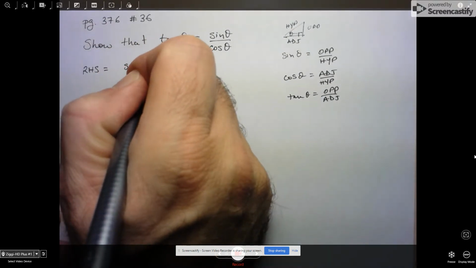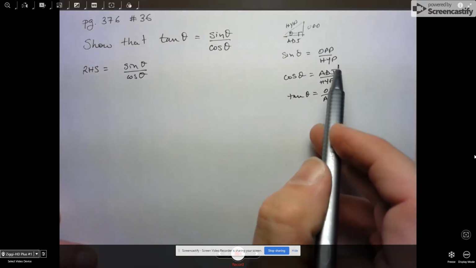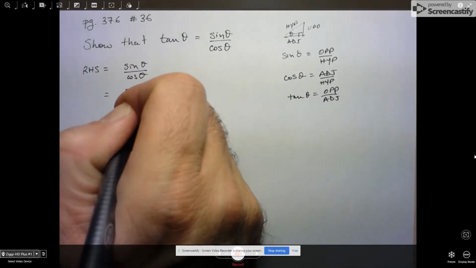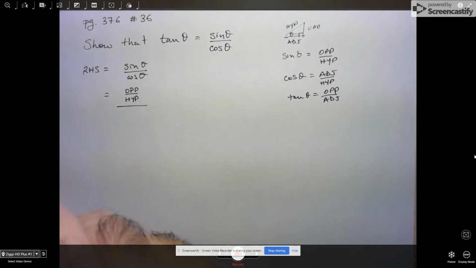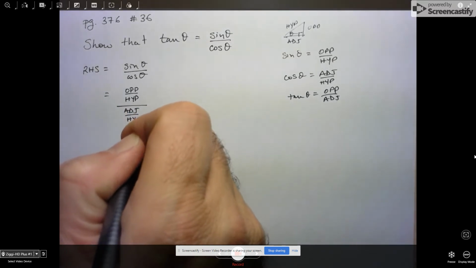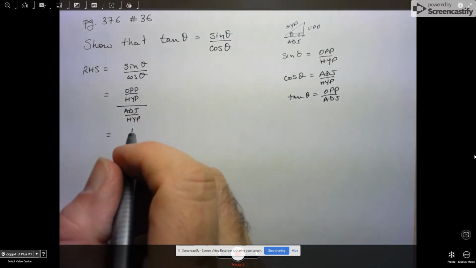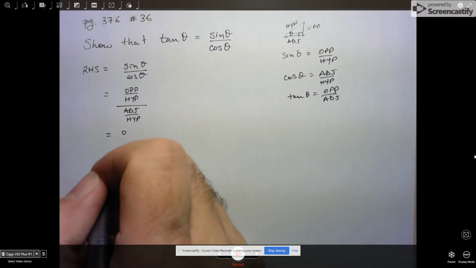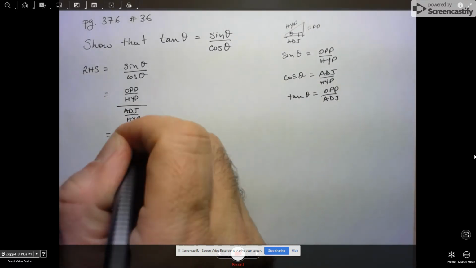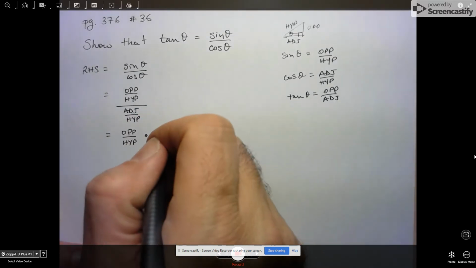I'm going to start with sine theta over cos theta, and all I'm going to do now is replace these two expressions by their definitions. Sine theta is defined as opposite over hypotenuse, and we're dividing that by cos theta, which is adjacent over hypotenuse. Now I just have a division of two fractions. How do we divide two fractions? That's equivalent to multiplying by the reciprocal of the divisor. So opposite over hypotenuse times hypotenuse